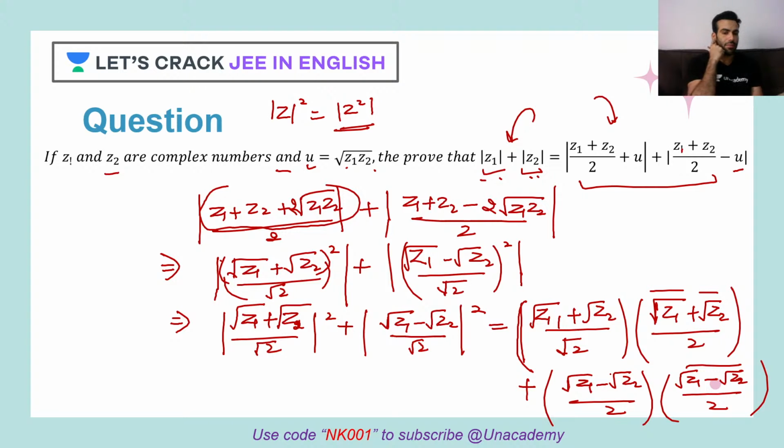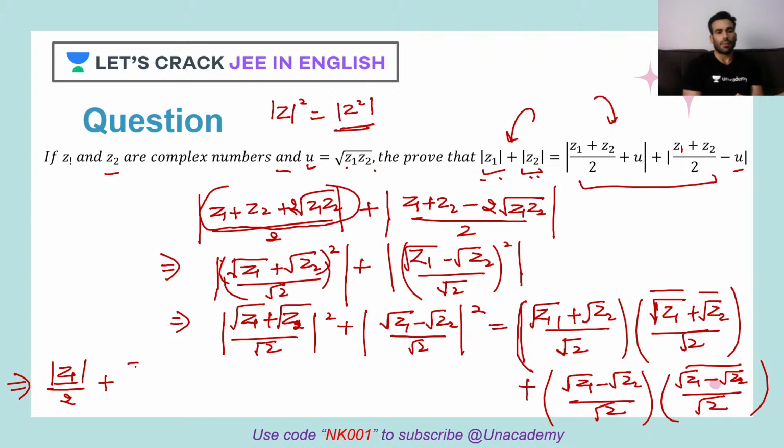Now let's multiply. When you multiply, see what you'll get. I'm doing it here. So when you multiply, you'll have root of z1 into root of z1 bar. So this bar can come inside, right? So eventually what will I have? I'll have z1 only, mod of z1. How? Because what do we know? We know that if two complex numbers are conjugates of each other, when they multiply, what do we get? Mod of that complex number squared. So the square will cancel out the square root here